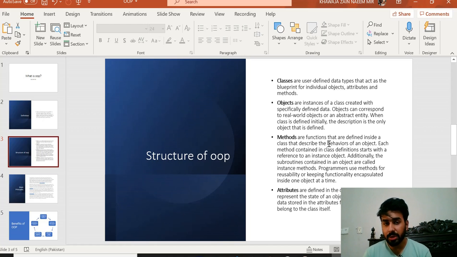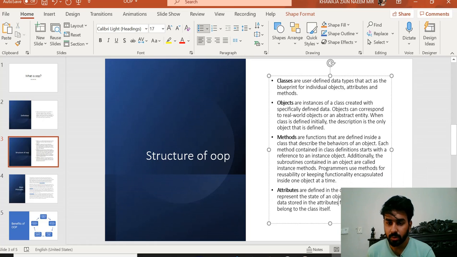Now, let's talk about attributes. I'll come to the concept of encapsulation in the next slide, but for now let's talk about the attributes. Attributes are defined in the class template and represent the state of an object. An object will have data stored in an attribute field. Class attributes belong to the class itself.